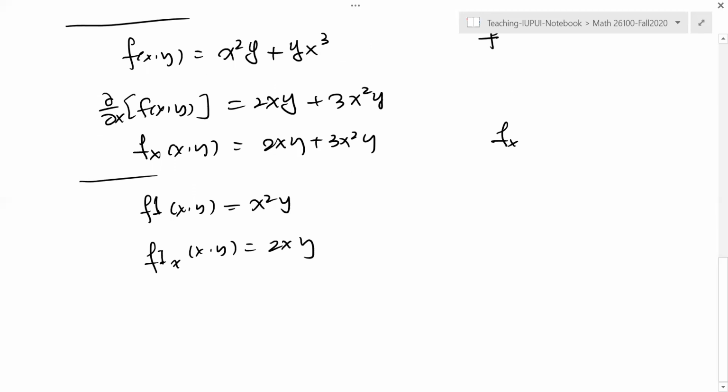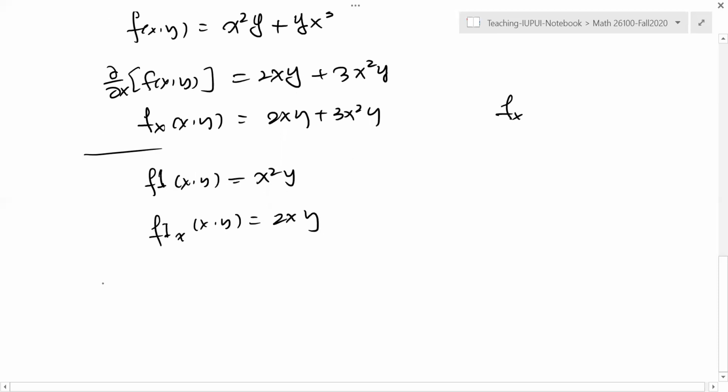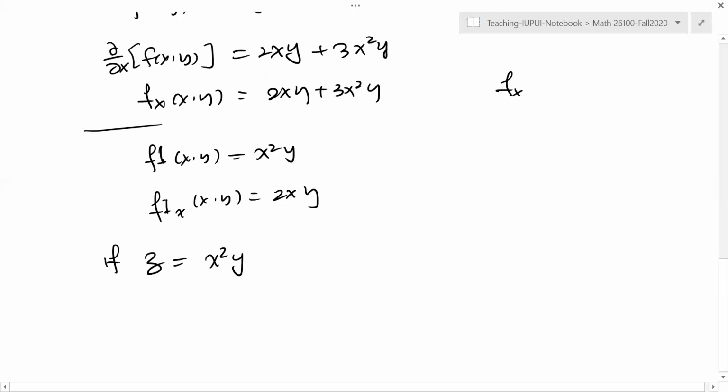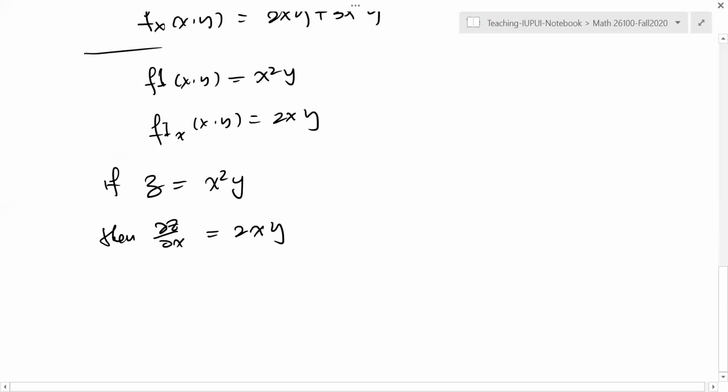It's okay. Yeah. So I just said why we have to use more than one letter to name the function. Okay. So this is our notation. Then, if z depends on x and y, and this is x squared y, for example, I do not mention the f here. Actually, x squared y is a formula for the function. Then partial z partial x is a new variable, that'll be 2xy. When you get used to that, it's just differentiating x squared y